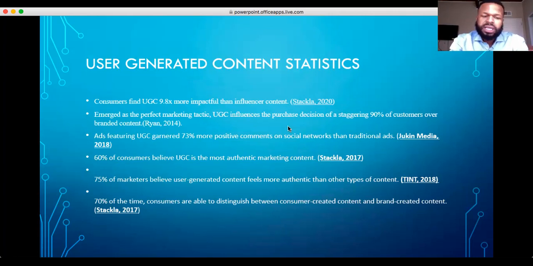And 70% of the time, consumers are able to distinguish the difference. So that means customers are able to notice the difference and utilize it, because the numbers are shown in the differences in profit.